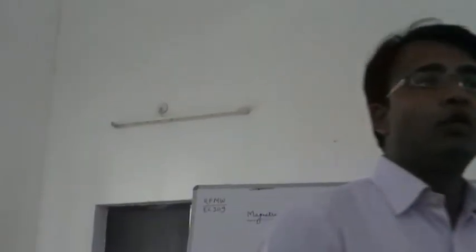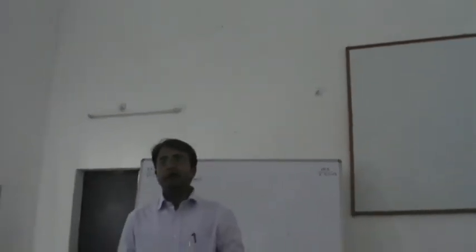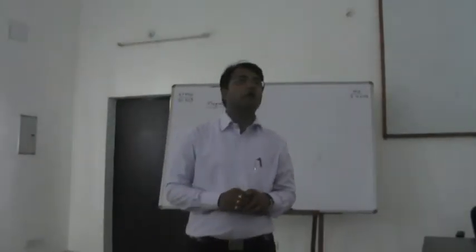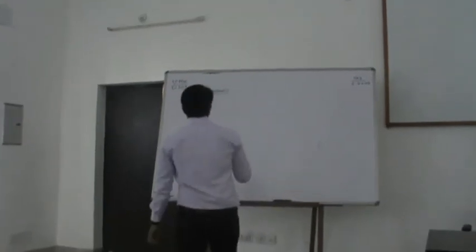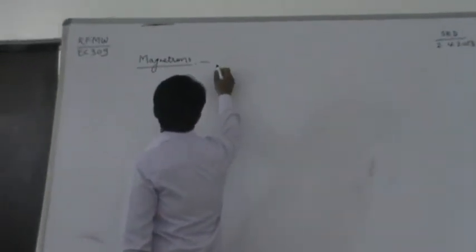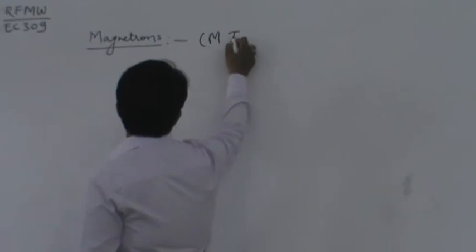As we have seen earlier, in the classification of TPO type tube, O means original type or ordinary type, and M means magnetron type. These are called the cross field devices. So what are the cross field devices? Magnetrons are M type devices,